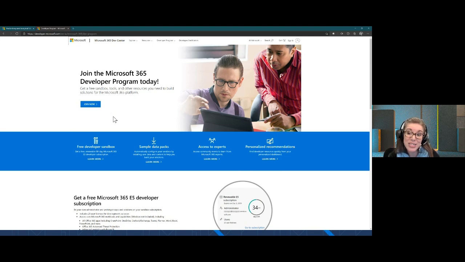So you can actually use this account for your learning. There are restrictions, and as you go through to sign up, you will see exactly what is and is not allowed using this account. But for anyone that is exploring any of the new technologies that we've seen here at Ignite, I would really recommend taking a look at this developer program so that you have the capability to create these resource groups and to be able to use this technology that you've learned about today.